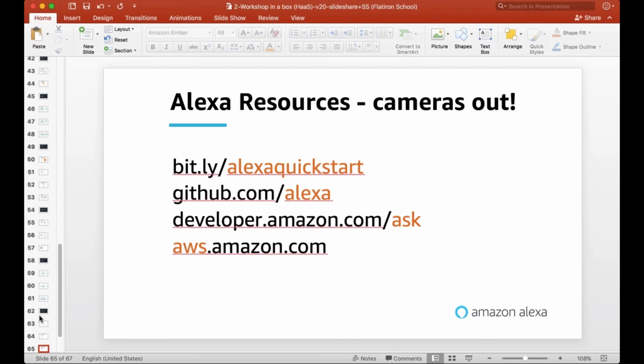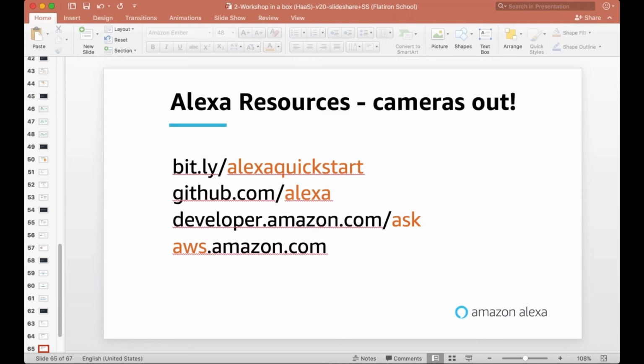GitHub.com/Alexa is really all of the templates, plenty of templates. So the fact skill, obviously, but we also have trivias and quiz and many other templates that you can actually use to get started with it. So you should use that not just from a building a skill point of view, but also as an educational point, learning new things and how people are doing certain things. And then you can also use that as a starting point and just quickly customize it. If you have some ideas for facts, for trivias or quizzes, you can just customize these templates and then push it to the store.